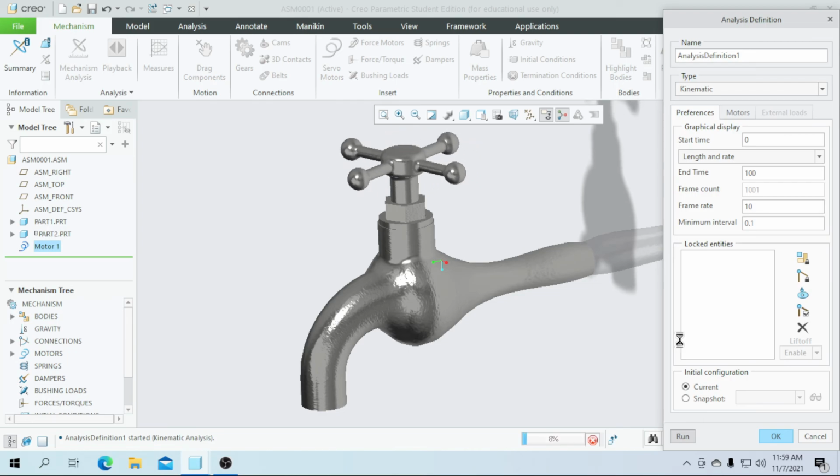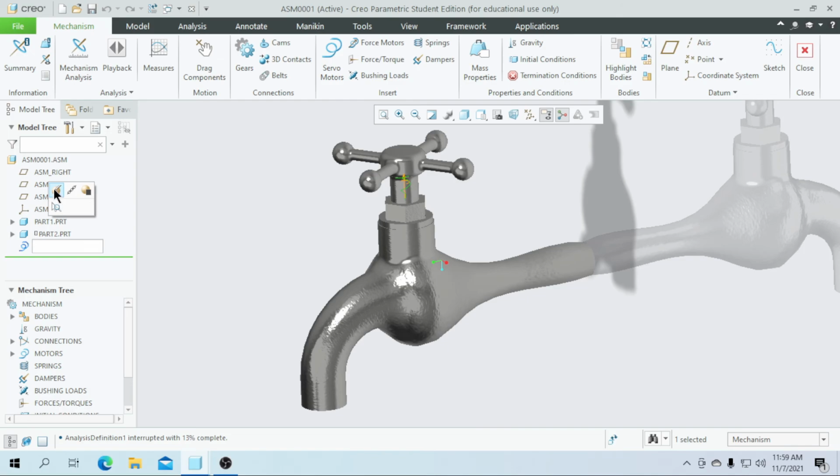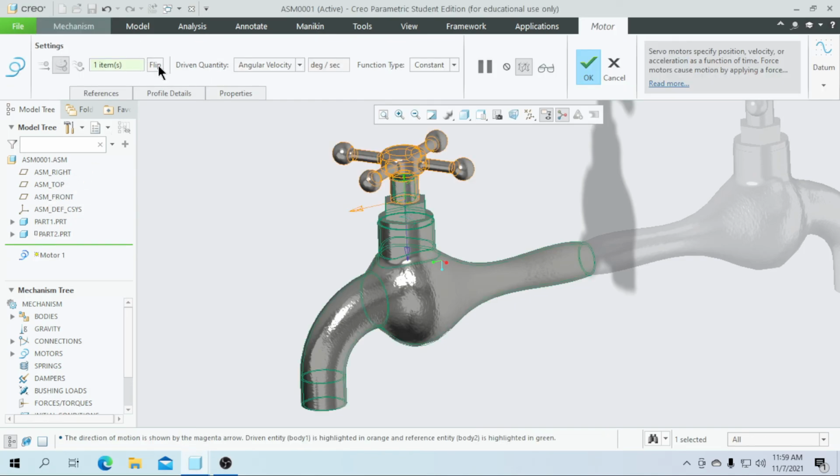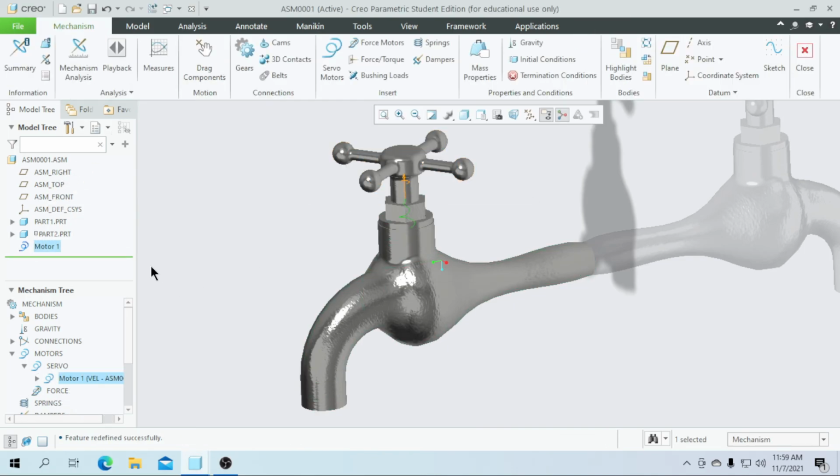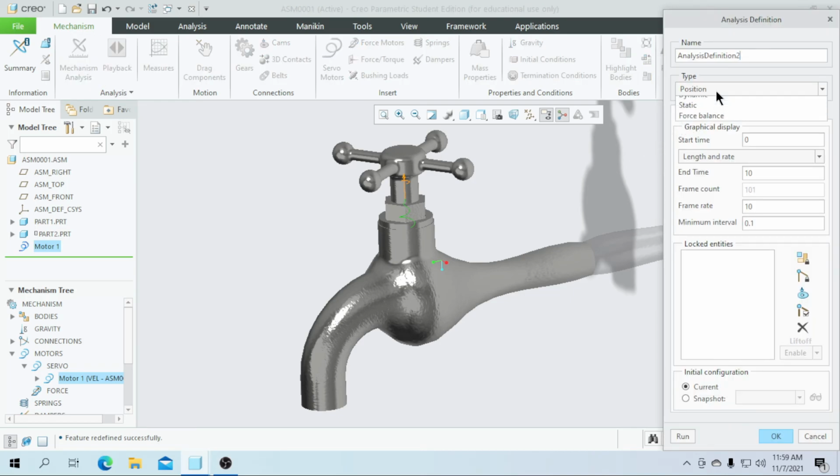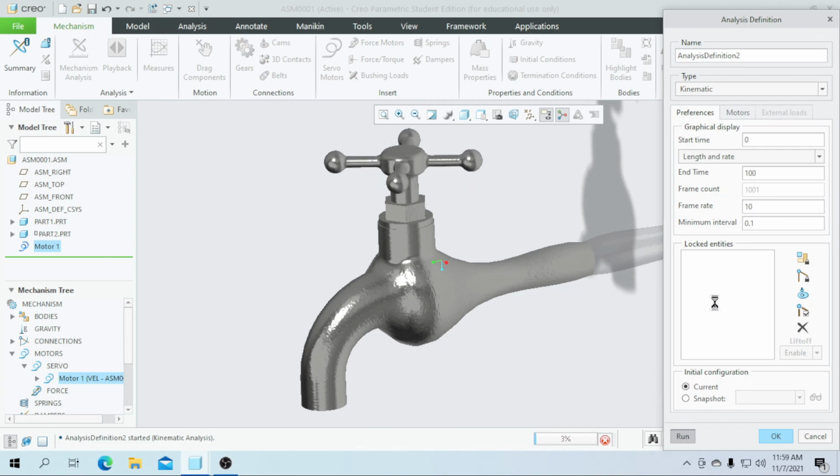As you can see, it is rotating in the opposite direction. So we need to edit this motor, flip this and click on OK. Now go for the mechanism analysis. As we did before, run it. So finally our tab part is successfully done.